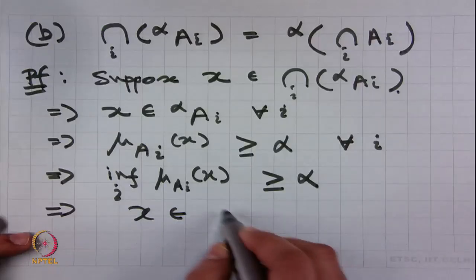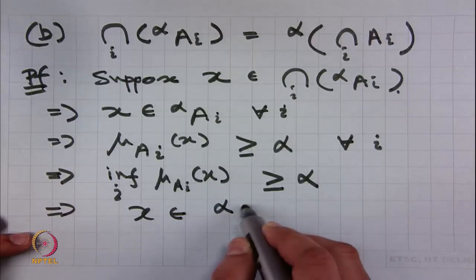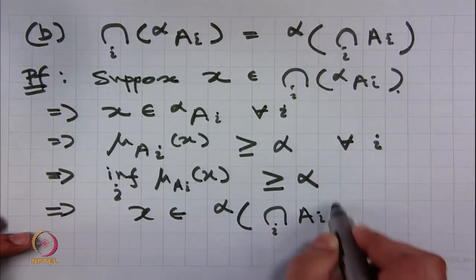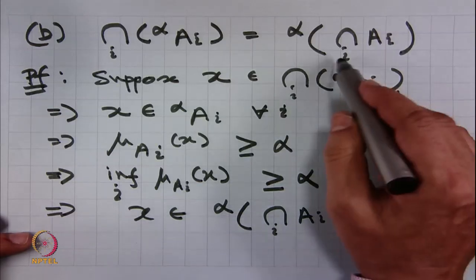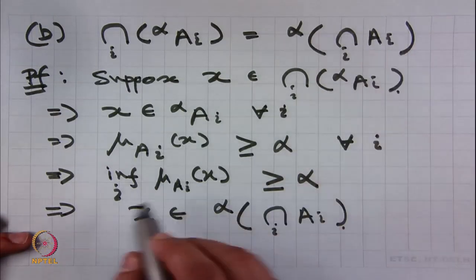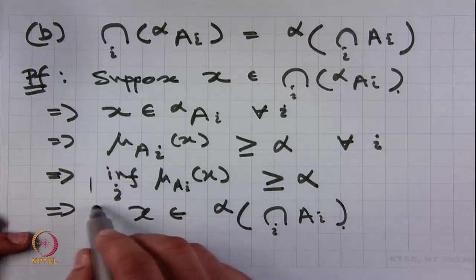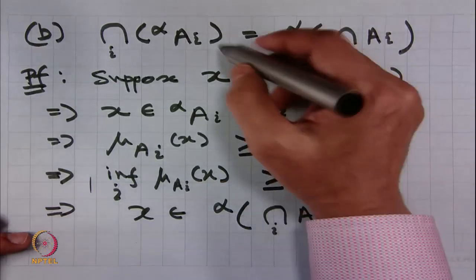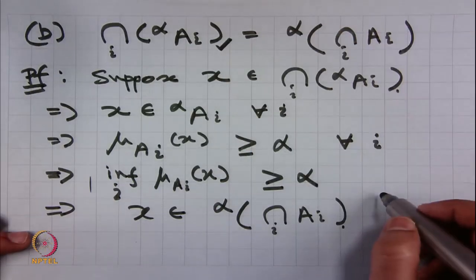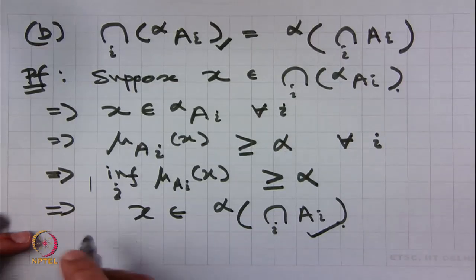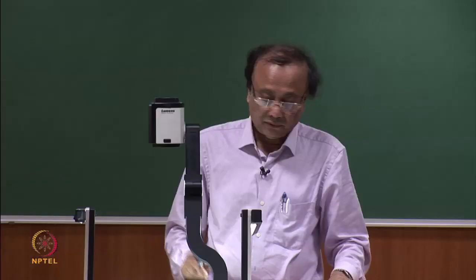x belongs to alpha cut of intersection over I of A I, because the membership of x to the set intersection over all A I is infimum over I of mu A I of x. Right. So, once we assume this, we prove that x belongs to the alpha cut of intersection over all A I. Conversely,